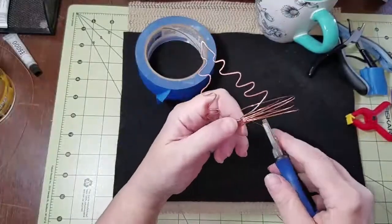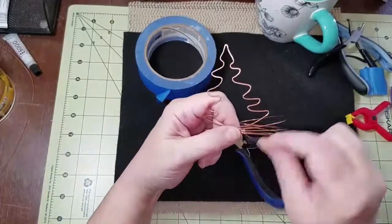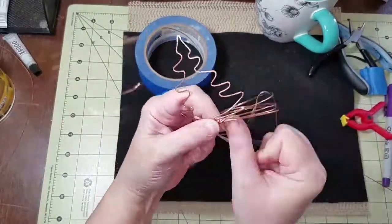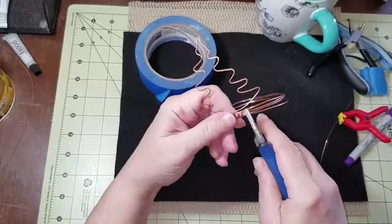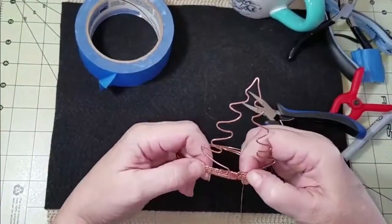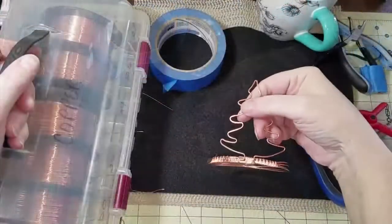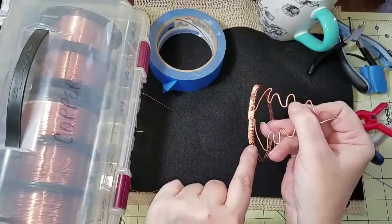I need to flatten these, flatten the core wire, compress, and then flatten the wave. So what I'm going to do is, I don't want to bore you with the same pattern. I'll get to the point where I run out of wire and I'll be back. Okay, I'm back. I've got my wire to the end where I want to finish, and I stopped at the